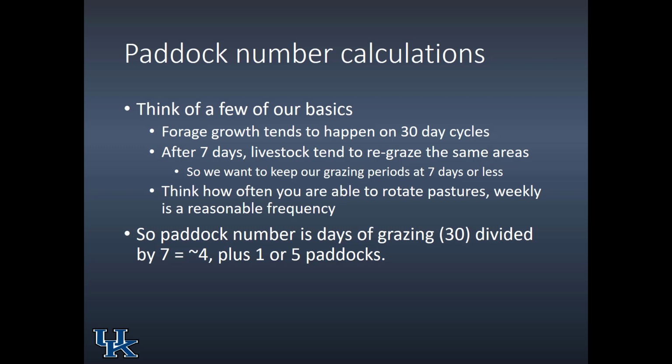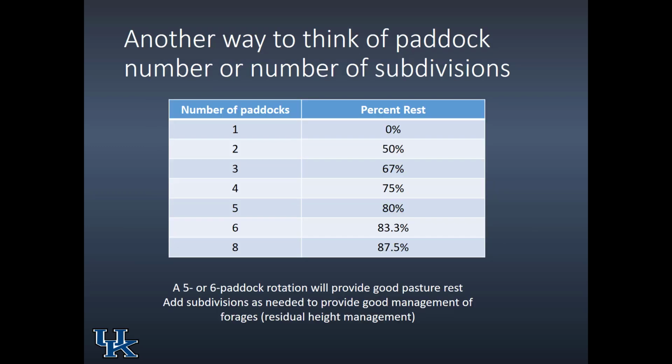So back to our formula, paddock number is days of grazing, 30, divided by days of rest, which is 7, which turns out to be about 4, plus 1. So we need 5 paddocks to provide 30 days of grazing and 7 days of rest. Another way to think of paddock number, or the number of subdivisions, at least to make you understand that just